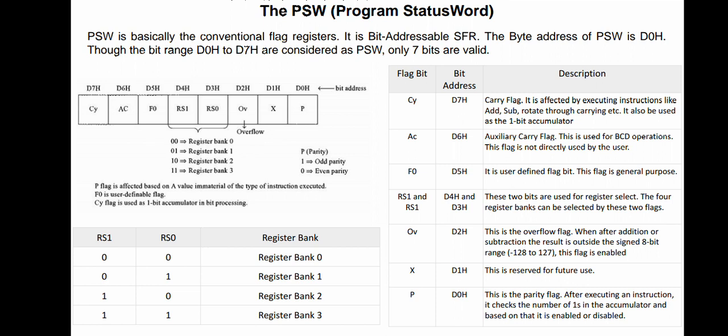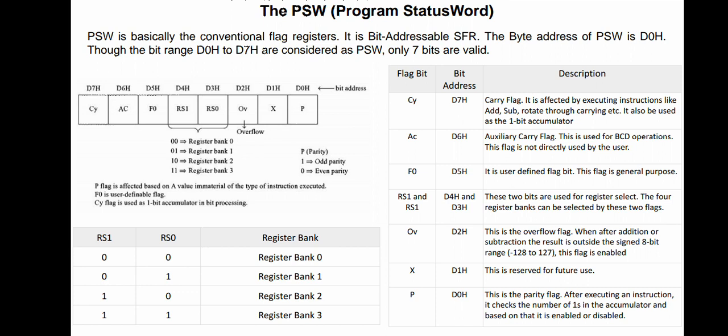Then RS1 and RS0. Here RS0 and RS1 indicate which register bank is used by the programmer. If the programmer wants to use a specific register bank out of 4 register banks, register bank 0, register bank 1, register bank 2, register bank 3, the RS0 and RS1 bits indicate which register bank is to be used.